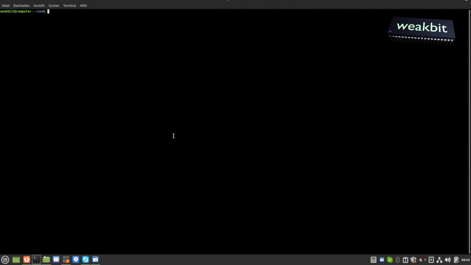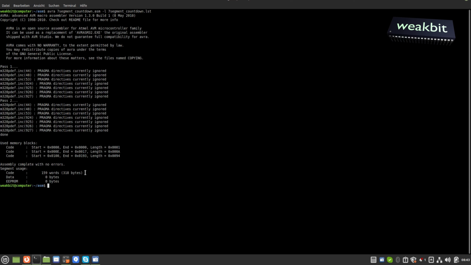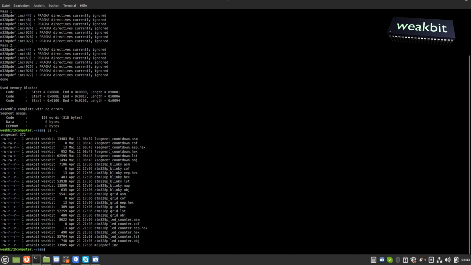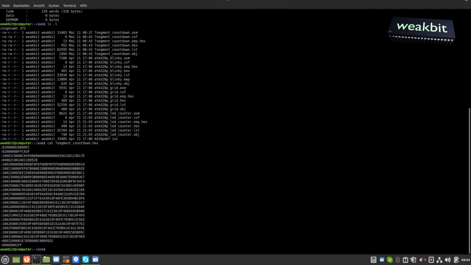Now I'm in the assembly, and we say AVR assembly, the 7-segment assembler, and we get a list file, 7-segment assembly to the LSD. Bam! And what does it mean? 159 words. Okay, we say ls minus l. So we have here the 7-segment. Also here we have the hex file. Yeah, we would like to show the hex file. We say cat 7 hex. So the hex file is here, and we would like to do this